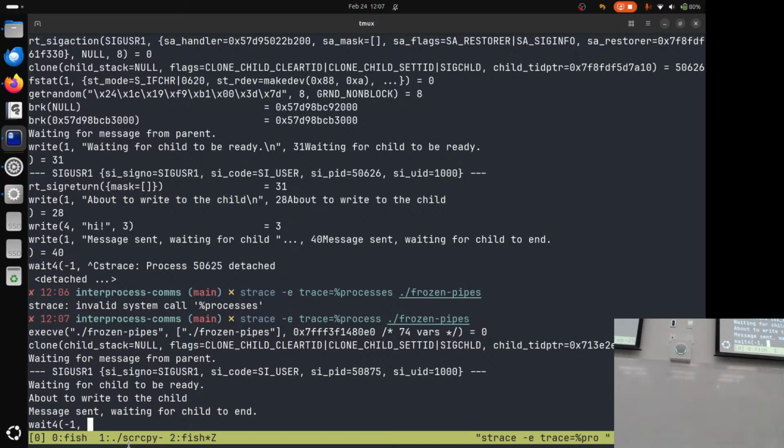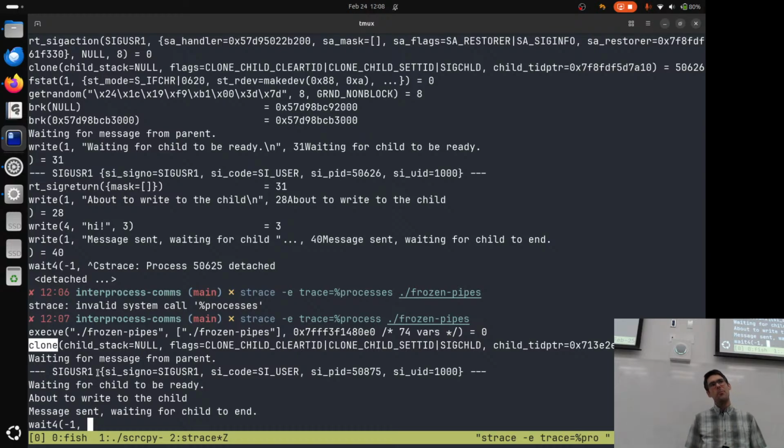Good, awesome, this is great. We immediately see execve. That's my shell calling execve on frozen pipes. In fact, it's actually strace in this case that's calling execve to run that frozen pipes program. Then clone here: this is my program calling fork.